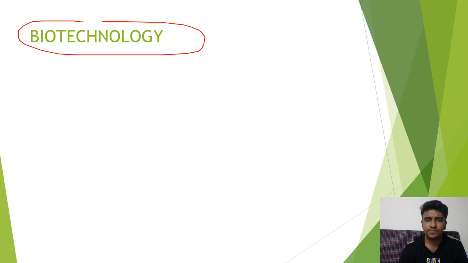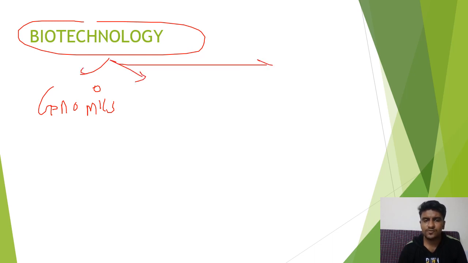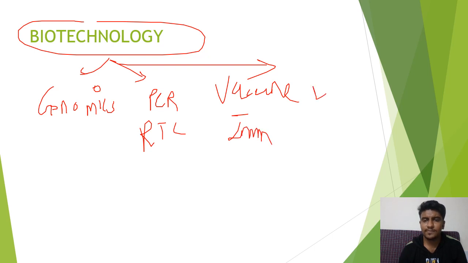Biotechnology. In this subject, we were talking about the role of genomics in drug discovery. Nowadays we have proteomics, we have metabolomics, we have transcriptomics. These are different types of omic techniques that are being used, so a glimpse of this was given. PCR, RT-PCR, vaccines and immunology. Then we were talking about edible vaccines, fermentation,